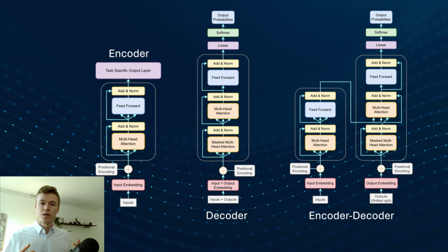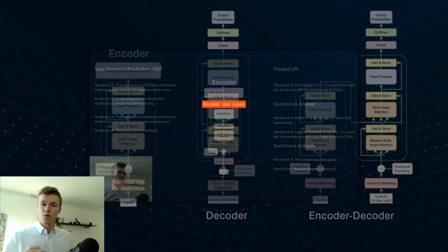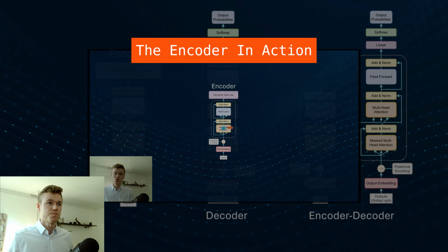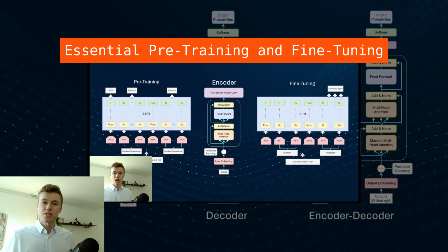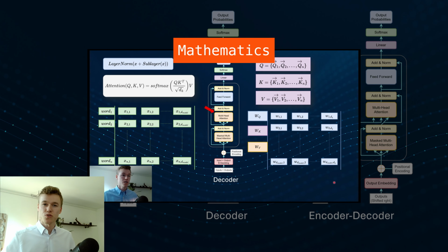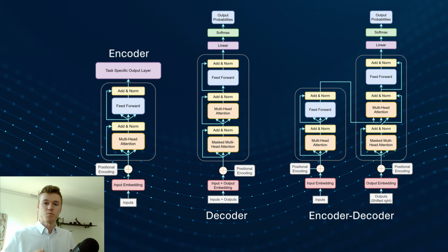So today I will go through the encoder, which is one of the 3 transformer architectures. In this video I will go through tasks the encoder specializes at. I will show you a quick example of how the encoder solves a task, and I will talk about the process of pre-training an encoder and how you can then use this pre-trained encoder to fine-tune towards a specific task. I will introduce some of the math in the encoder, and finally I'll talk about some pros and cons of